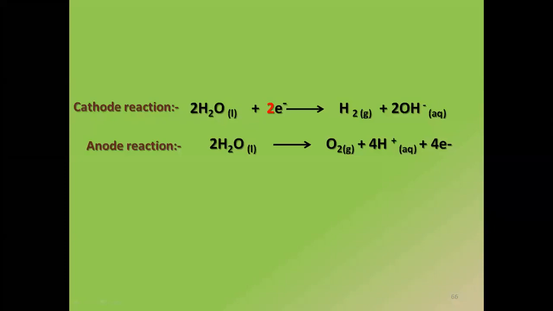After that, when you finish writing that, then you balance the reaction. Come on, everyone, do that. I want everyone to write again, even if you have written. Write the cathode reaction. In the cathode reaction, you just have to write water plus electrons giving me H2 plus OH minus. Write only this much, no physical state, no number in front. Did you write this much? Water plus electron giving me hydrogen plus OH minus.